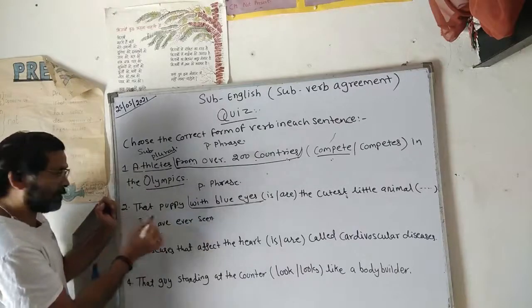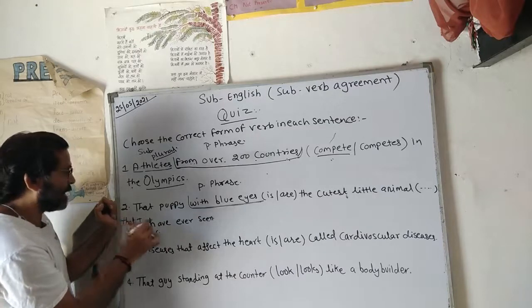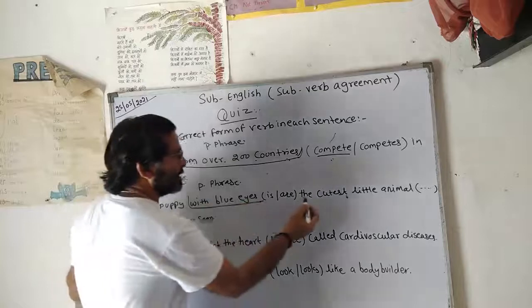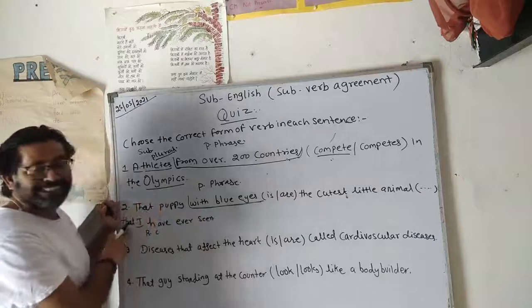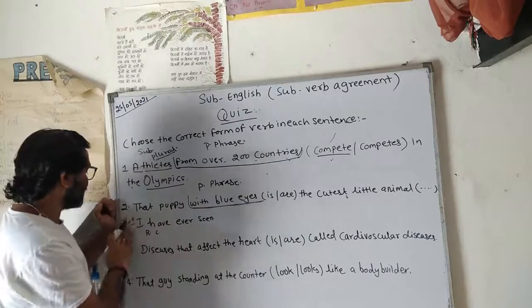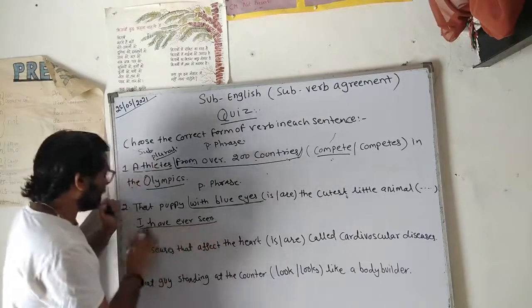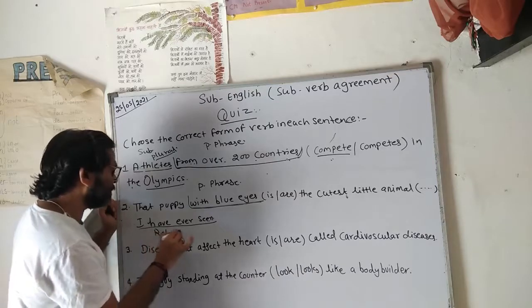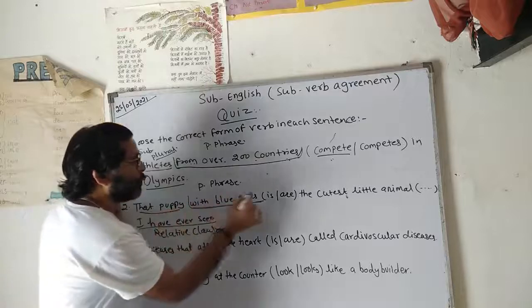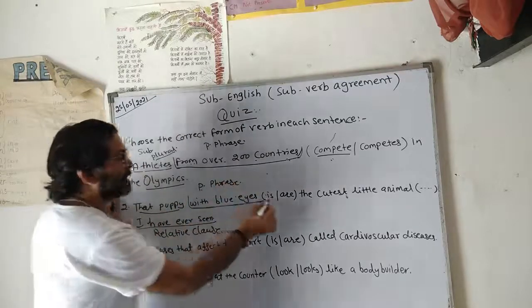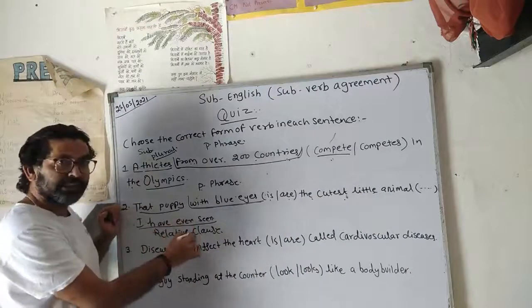If we properly write this sentence in a different way, that will come over here: that I have. The puppy with blue eyes, the cutest little animal that I have ever seen. But that is hidden here. So that is why we don't write that, but it is there, and that is why this part is a relative clause. So that puppy with blue eyes is a prepositional phrase, and the cutest animal I have ever seen is a relative clause.